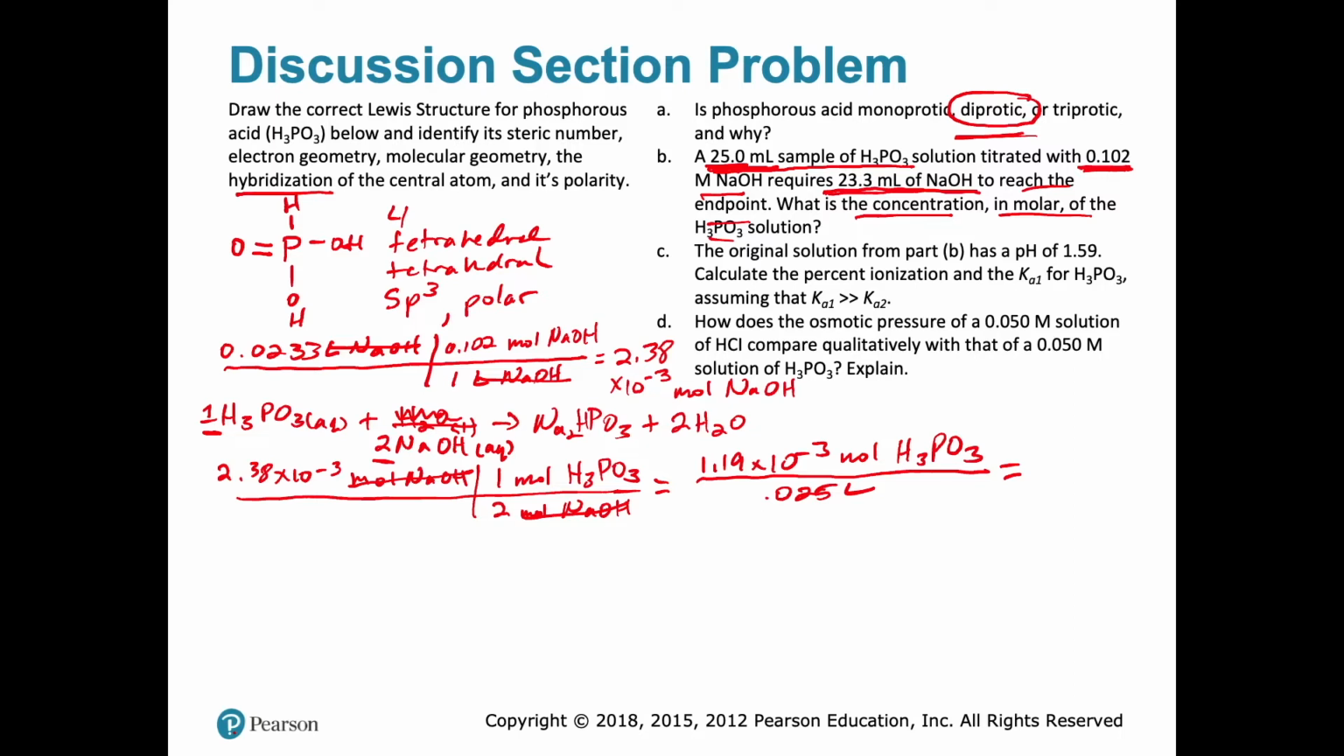At this point, you should be able to do in your head because you're just moving the decimal point 3 places either way, right? You should be able to do that stuff in your head now. All right, so that gives us then the concentration of H3PO3 to be, and someone check my math on this,